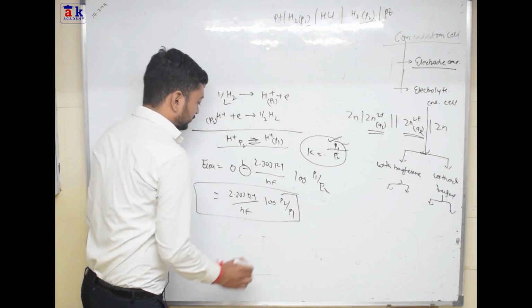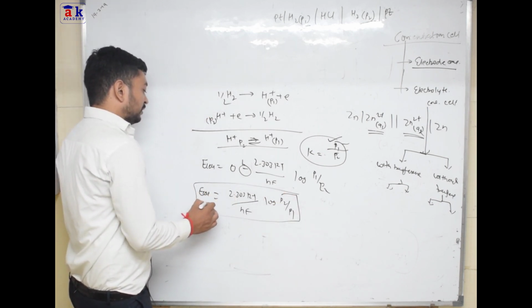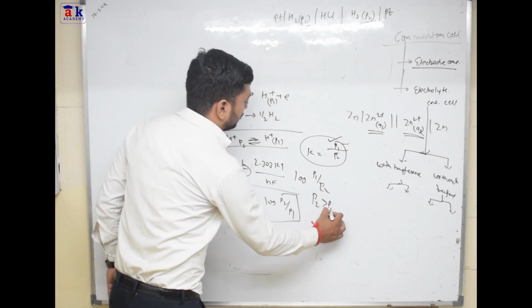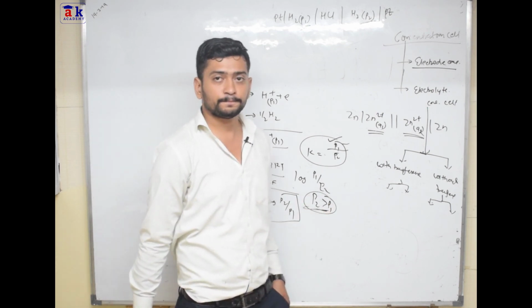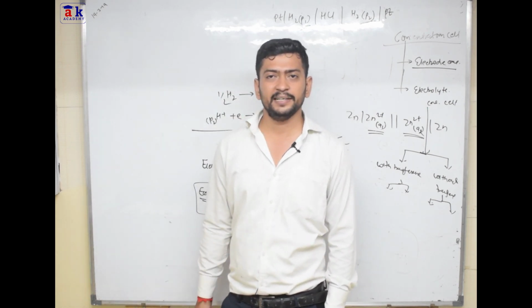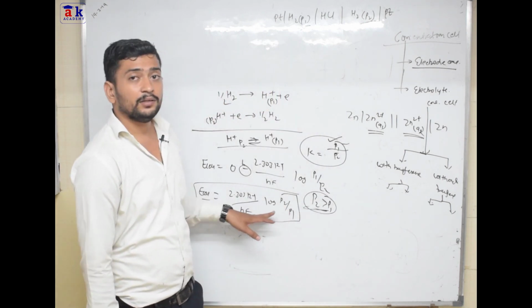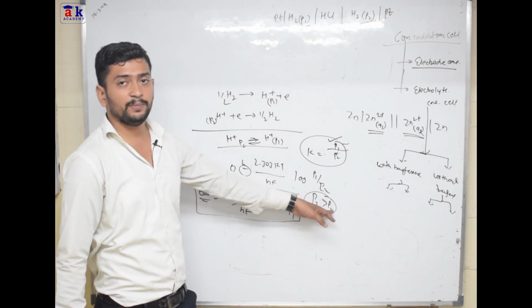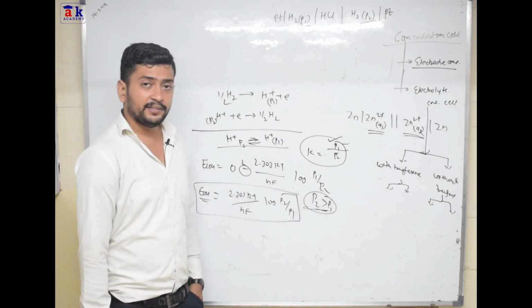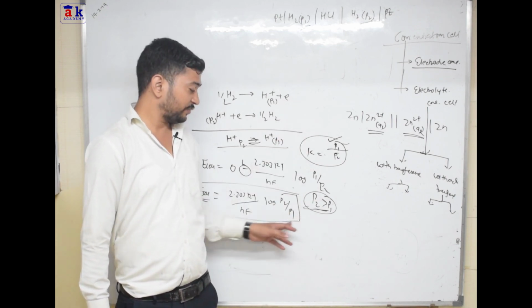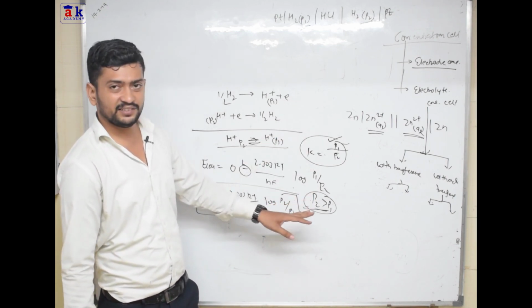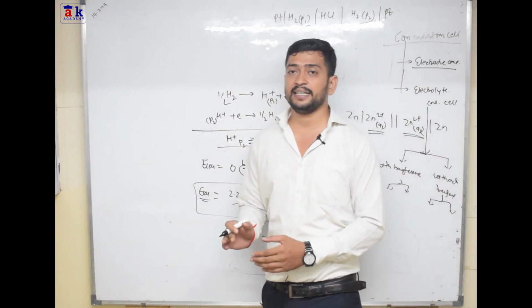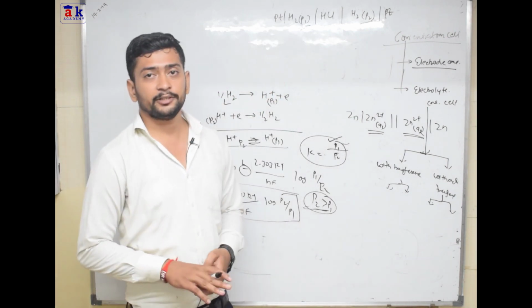So if this reaction needs to be a spontaneous reaction, in this case P2 should be greater than P1. This is very important for the exam. Sometimes a question may be asked: what is the condition for this reaction to become spontaneous? Definitely that will be P2 is greater than P1, right? So this is the formula we had derived. It is a very simple derivation. You won't take more than 1 minute to derive the formula for concentration cells of any kind, right? So you should know all the concepts behind it.